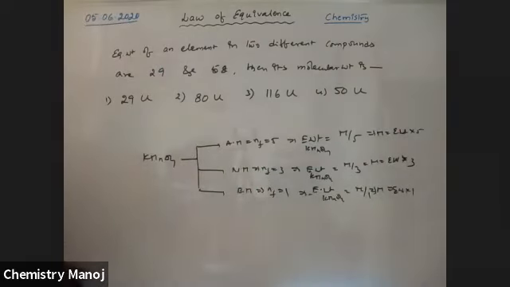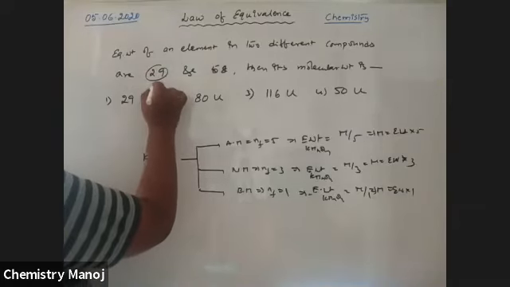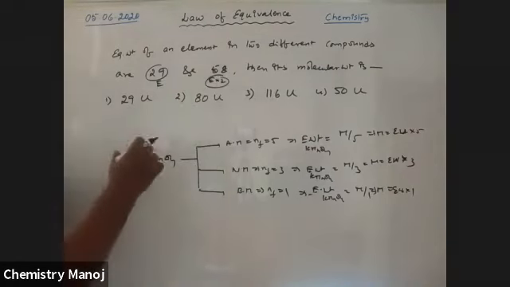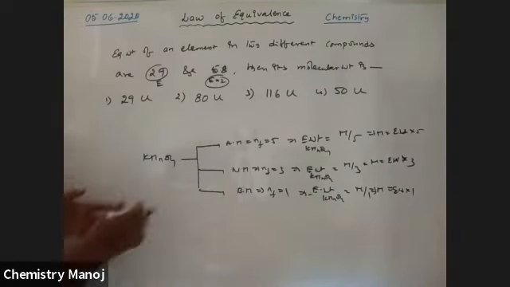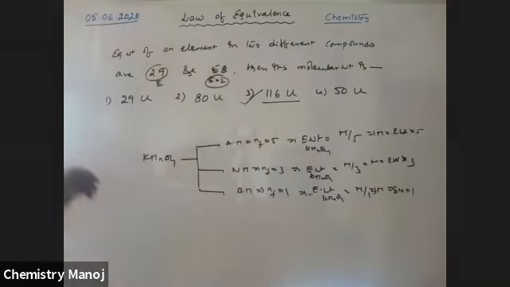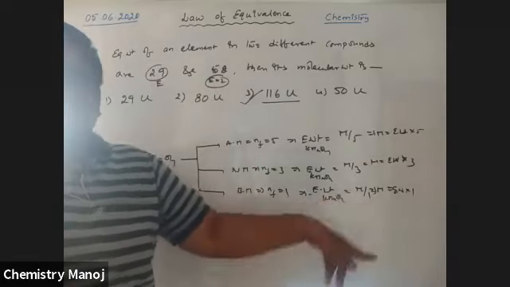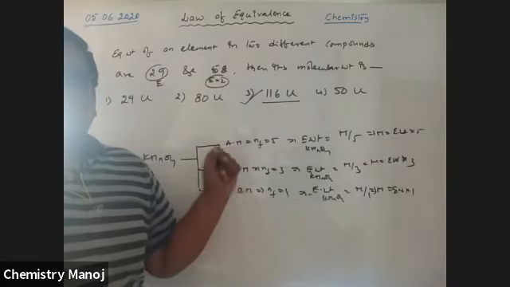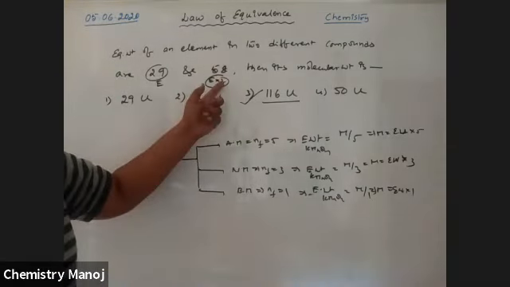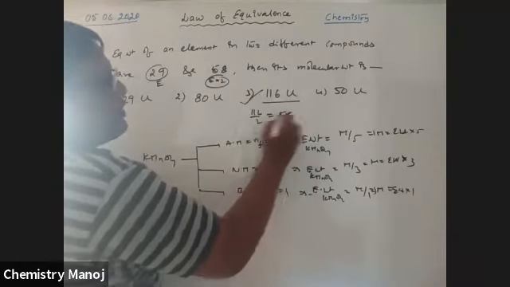So it is a multiple of equivalent weights. First, the equivalent weight, then E into 2 multiple. That means the molecular weight may be a multiple of this one. It is the answer. So these two are equivalent weights. Therefore, no doubt it should be greater than that one. Not 29, my dear boys. It is 116, because 116 by 2 is equal to 58.